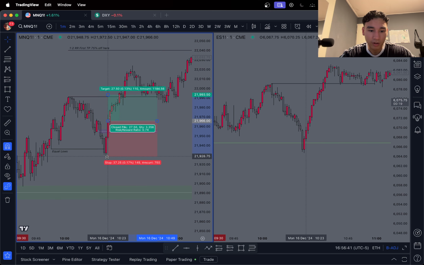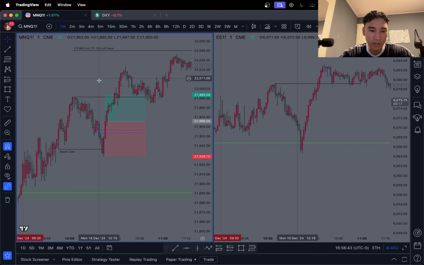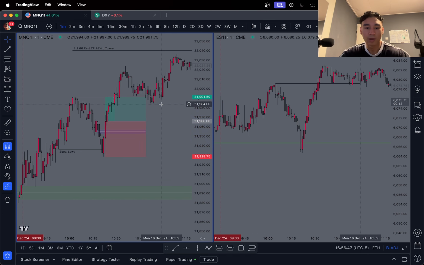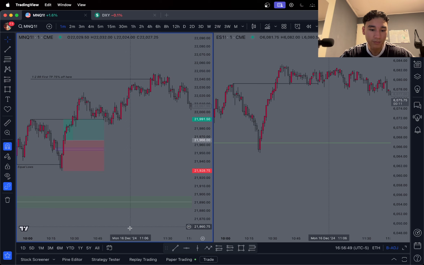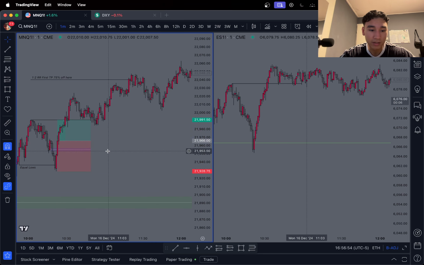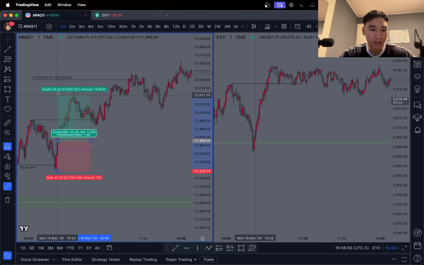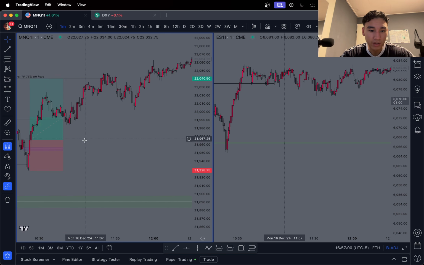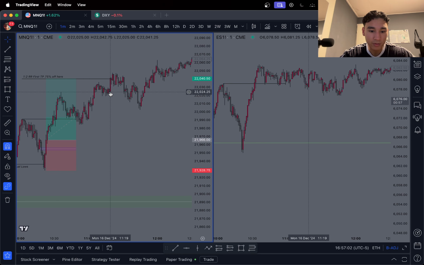And then my stop was at the low, and my break-even would be right here. So once this got hit, I would have my stop at break-even, which I did, of course. Stop was at break-even here, never came back to the entry. These are the best trades to be in. And then first TP was a 1 and 2 fixed, so right there. So we hit that nice TP pretty quick, I would say.